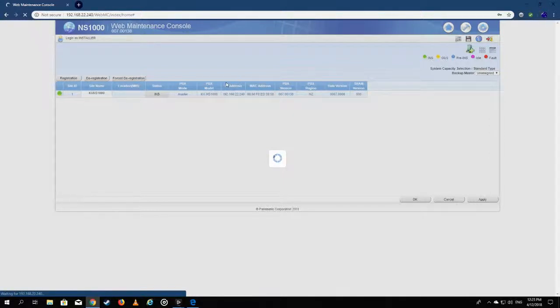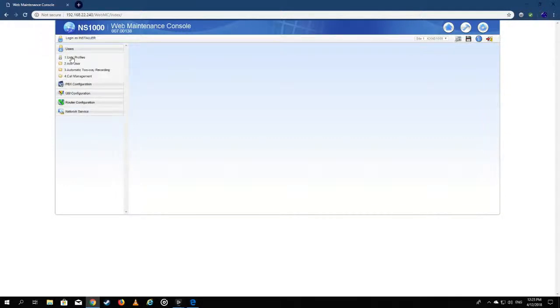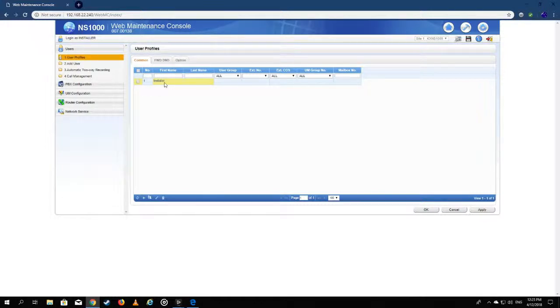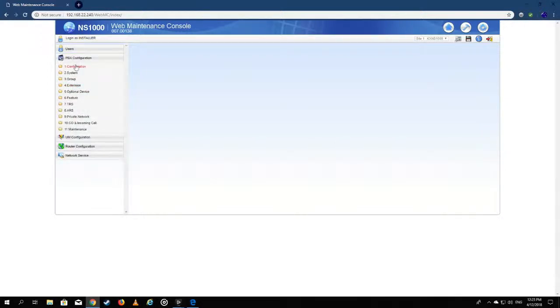it's all programmed through a straight up web interface. You'll notice I'm local, so I'm not using a secure connection here. Then we have users and user profiles under that, and I'm currently logged in as the installer. And then I can add in a user, single, multiple users under that, and so they can log in on their own web interface. So if I go in here to PBX configuration, you'll see there's slots,